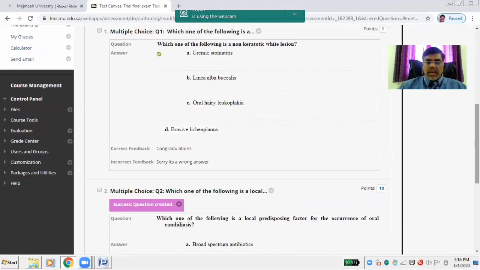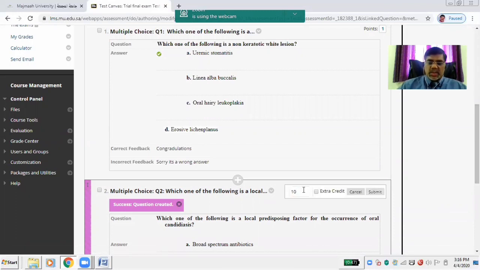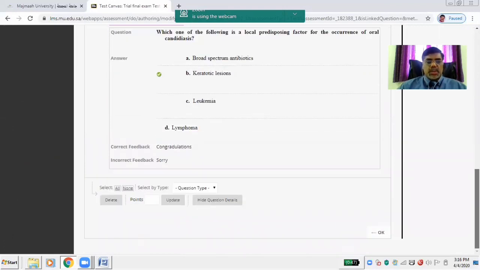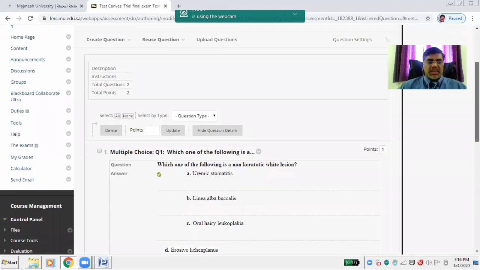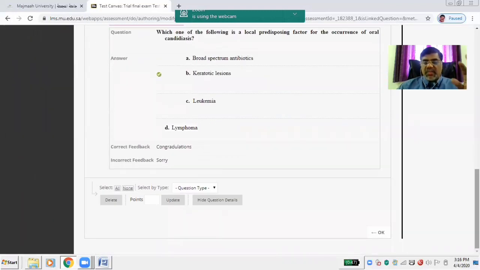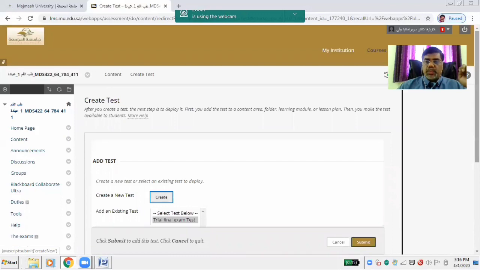So again, look at this. The number of points that has been given for this question again is 10. So I want to make it 1, and I can give submit. Now I have built 2 questions in this test. So like that, you can create 20 questions, and after creating 20 questions, you have to press this OK button. So now once you press OK,